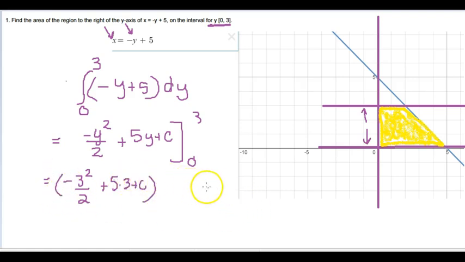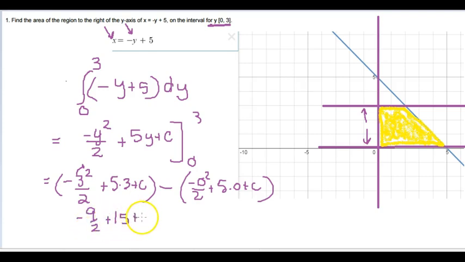I fill in the 0 for y. Evaluate and subtract. And remember, this is not negative 3, that whole thing being squared. This is 3 being squared and then being made negative. So this is negative 9/2 plus 15 plus c